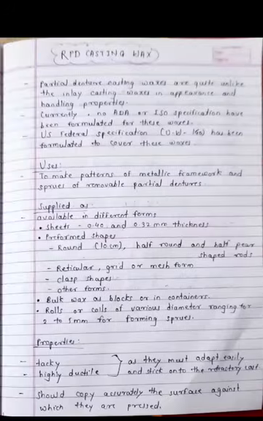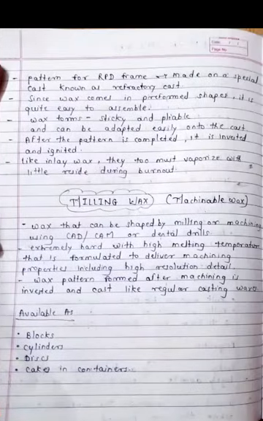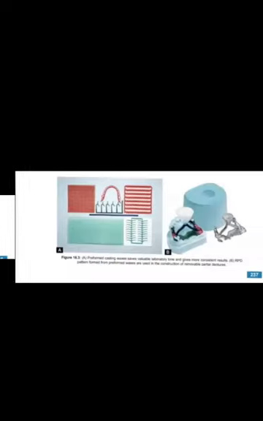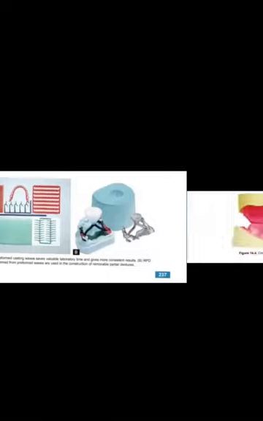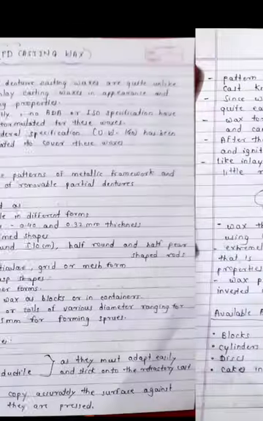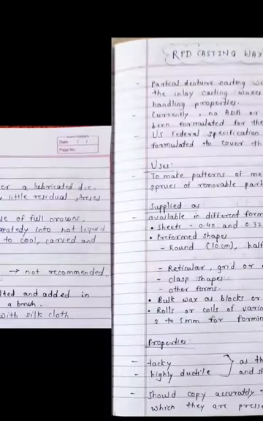So the pattern waxes are inlay casting wax, RPD casting wax, milling wax and base plate wax. In the last lecture we studied inlay wax, and the other waxes are RPD, milling wax and base plate wax. This is the inlay casting wax, this is the diagram of flow requirements for the inlay casting wax, and this is the distortion of inlay casting wax which I taught you in the last lectures. And this is the RPD casting wax, and this is the occlusal rim and modeling wax or base plate wax. So remember this and remember the names of the waxes.